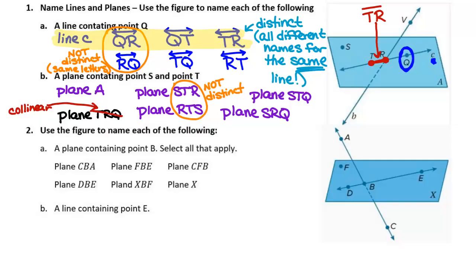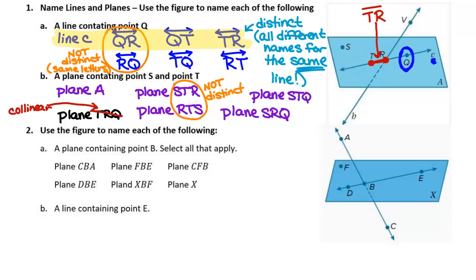For number 2, part A, and for part B, we're going to look at this picture that's down here. For part A, we have kind of like a multiple choice or multiple response. We're going to pick out the names that work and cross out the names that don't to name this plane, and I'm looking at the blue flat space here. So could I call this plane